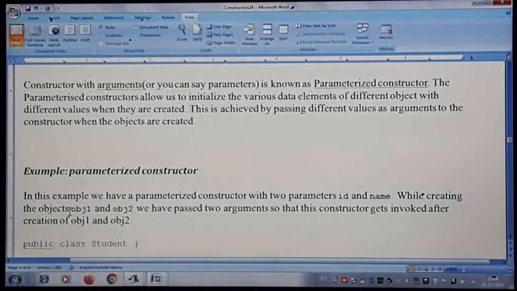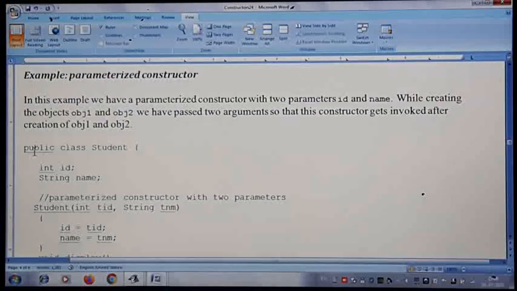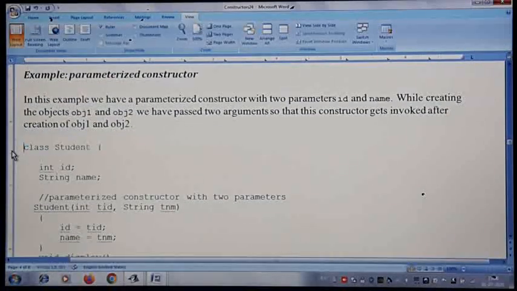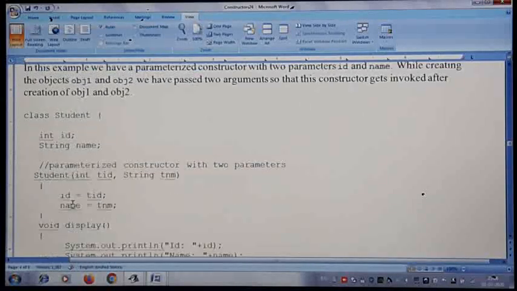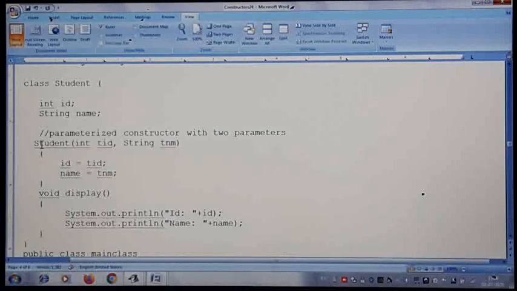In this example, I have taken one class. Let me remove this public class student. I am just explaining that we have taken one class student with the instance variables id and name. Now, if you see this example here, Student(int id, String nm).